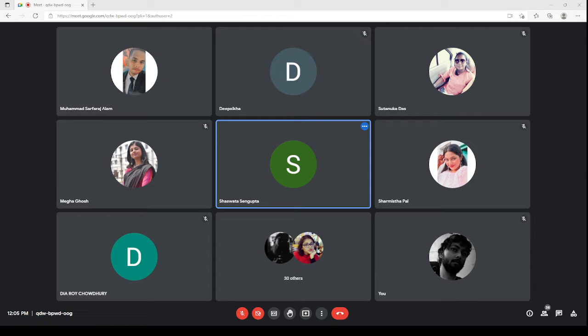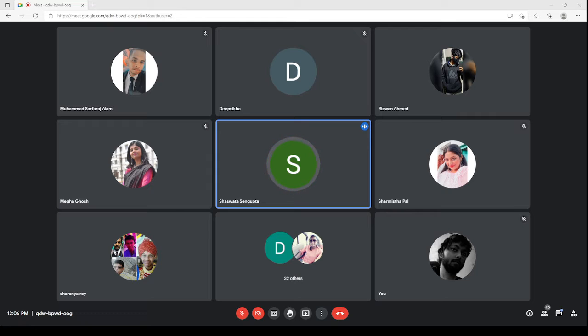So, in today's session, we will be discussing what a GD is and how we are supposed to go through a GD. Before I begin the topic, I want to ask you all what your idea is about a GD, which is the short form for group discussion. Can anyone tell me what a GD is? I think there are multiple times when we have all taken part in a GD.